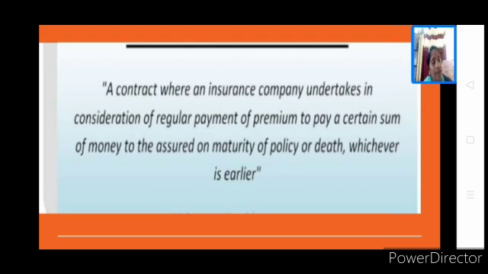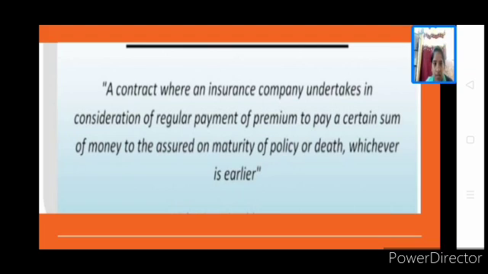Is that clear? That is the case of general insurance. But in the case of life insurance, there are two conditions. One, the date of the policy should be matured, which means it should be completed, or else the death of the person on whose life you have taken the policy should happen. In both cases, you will be getting the sum assured, that is, the policy value back. For example, on my life, I have taken an insurance policy of 5 lakh rupees. Yearly or monthly I will be paying premium, for 5 years. A 5 lakh policy, for 5 years.